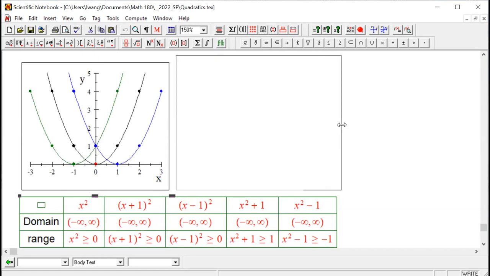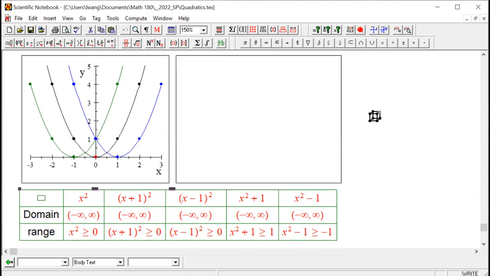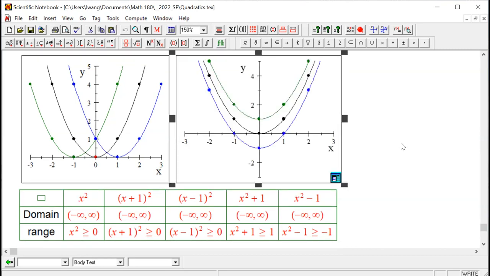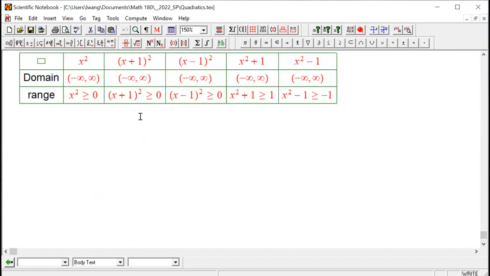Okay, so I think this lesson is coming to an end, almost. We've talked about all these shifts, vertical shifting and horizontal shifting. How can we combine them all? Can we combine them all? Yes, we can, because now we know the situation. For example,